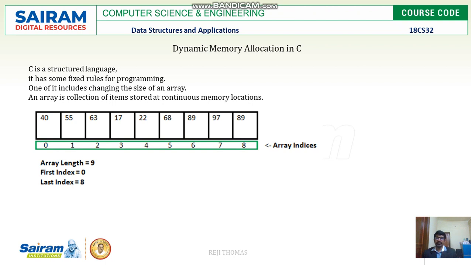If you look at the given array, there are 9 elements, array size is going to be 9, and its starting index is 0 and last index is 9. I cannot use this array to store 10 numbers because it is fixed. The array is fixed for only 9 integers. And there are certain other cases where I need not store 9 integers. I may use this array only for 3 integers.